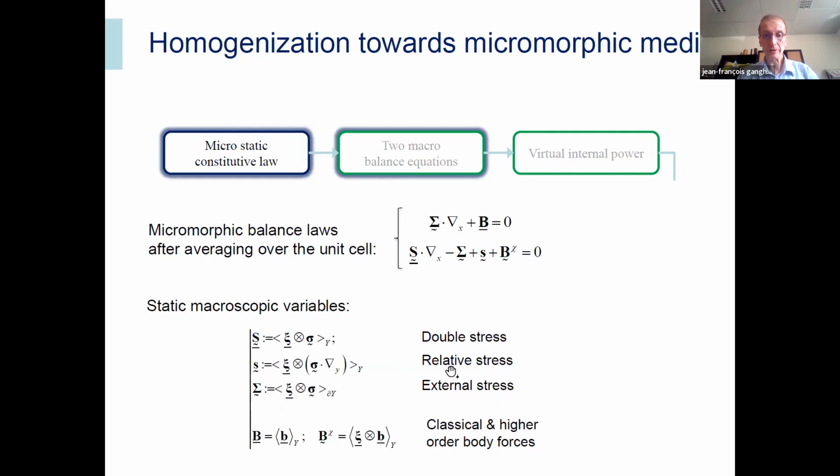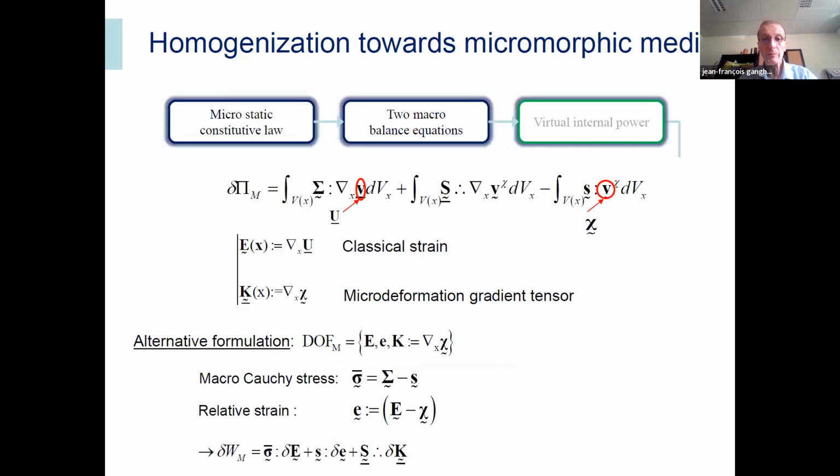Small s is a relative stress. And these two equations are coupled by the external stress, actually, and capital B and B chi are classical and higher order body forces. And of course, there are some boundary conditions associated with this system of PDEs. From this, we can write the virtual work of